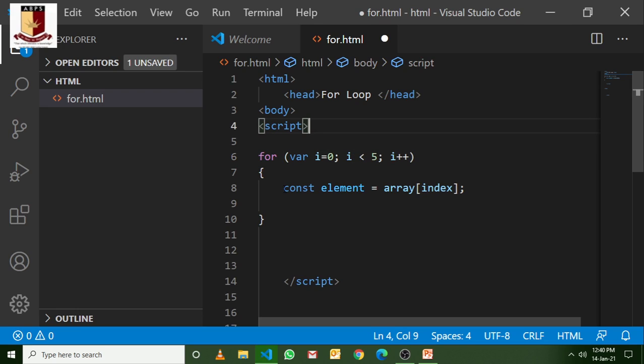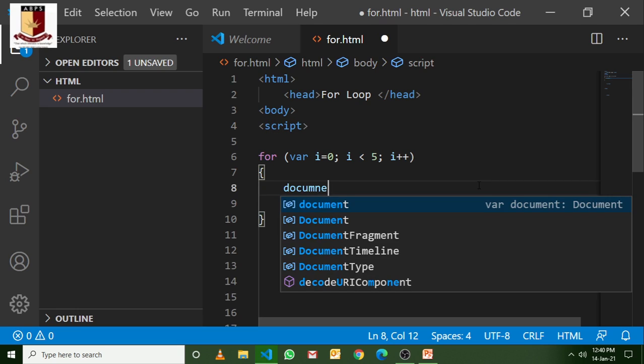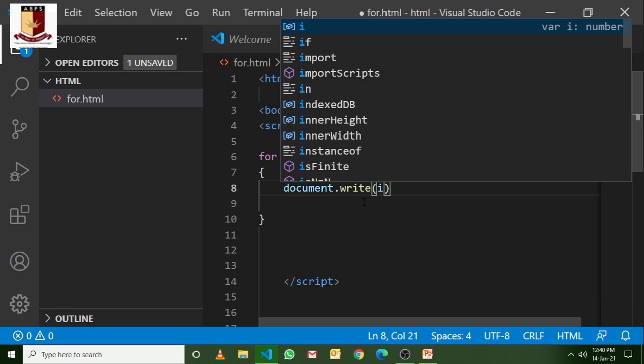Now document dot write, this you already know, the value of i, and then you can concatenate. Let me just print and then I'll show you why I am suggesting this. Suppose like this.